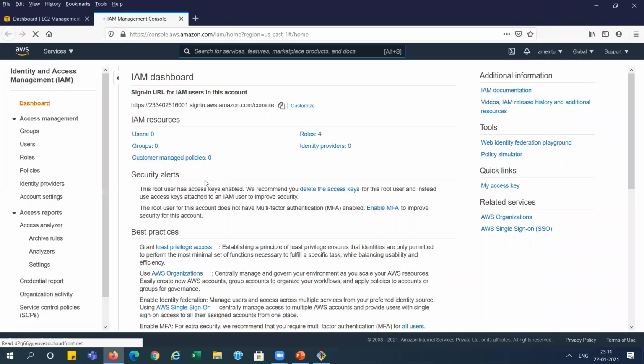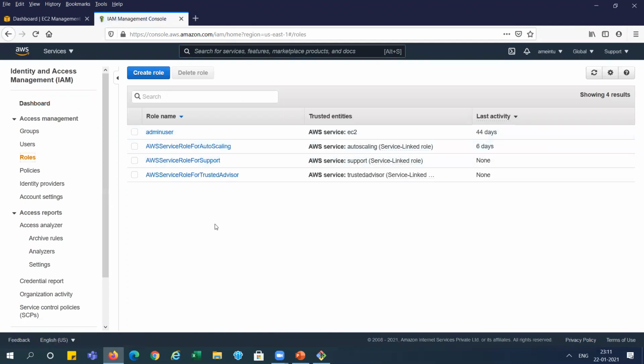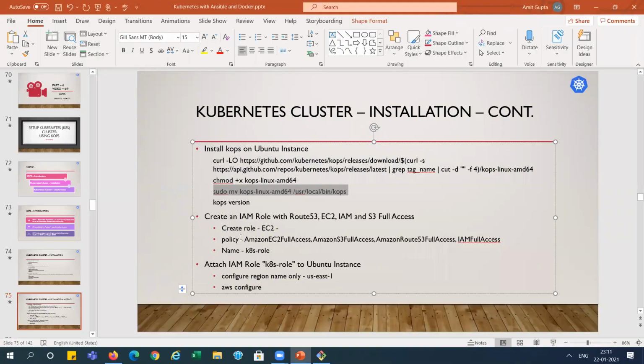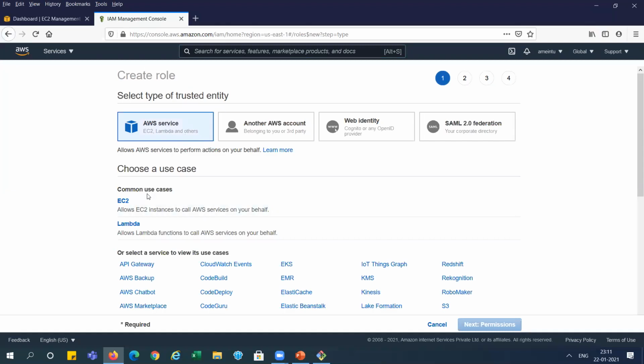I'm opening in the new window. Now you can see here roles. We have only 4 roles right now. So we need to create the roles here. This is for EC2 instance, right? So we are going for the next.